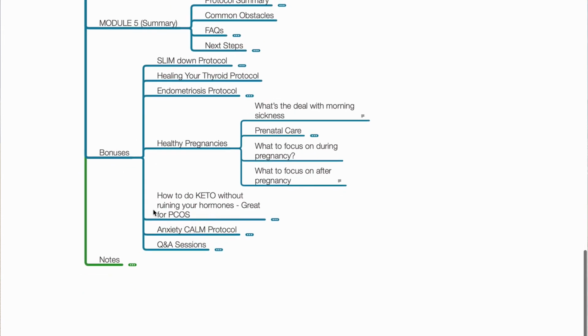And then this is the PCOS part and how to do stuff like the ketogenic diet or modified ketogenic diets while you're going through stuff like PCOS or any type of other hormonal imbalances. And then a big one is the calm protocol, anxiety. What do we do to help the body to get rid of that excess fight or flight? I know that's a big one for a lot of people. And then when we do the Q&A sessions that I'll have, sometimes we'll do live Q&A sessions for you guys. Those will be recorded in an archive there.